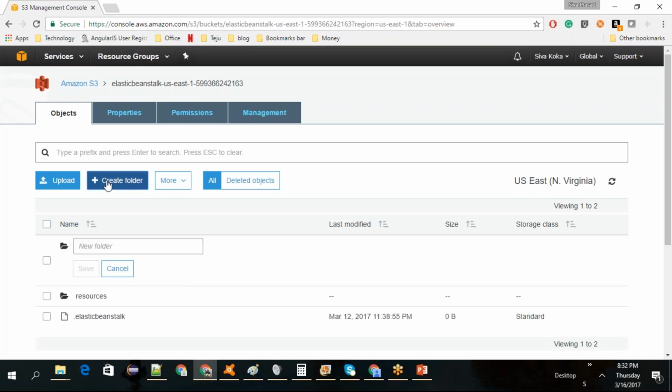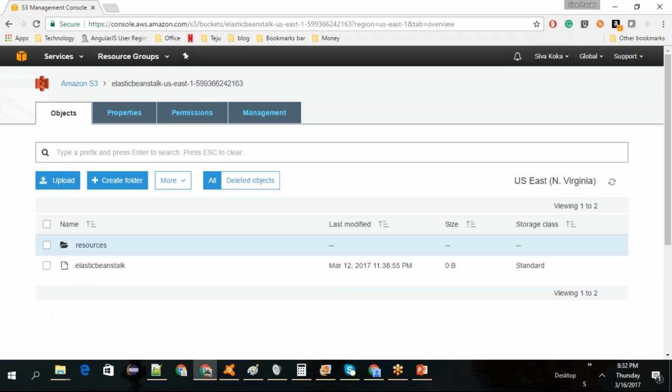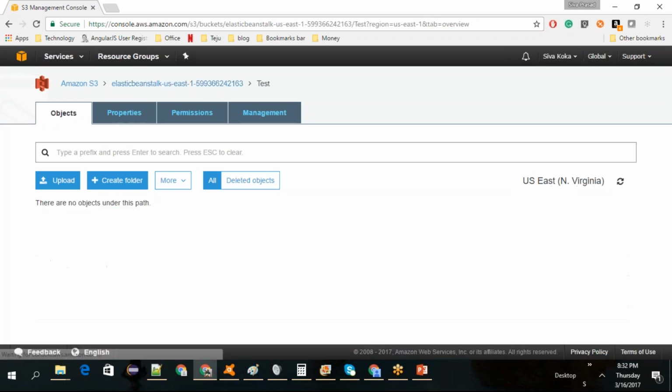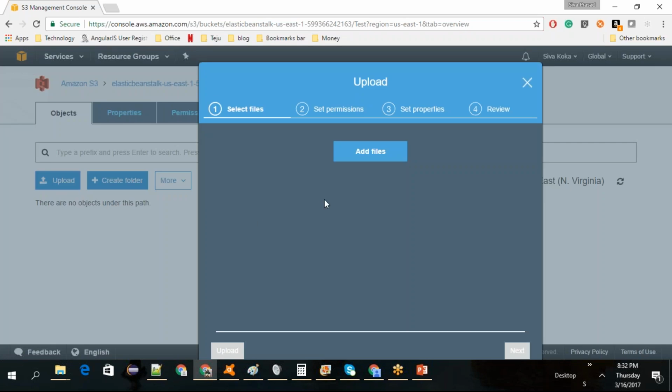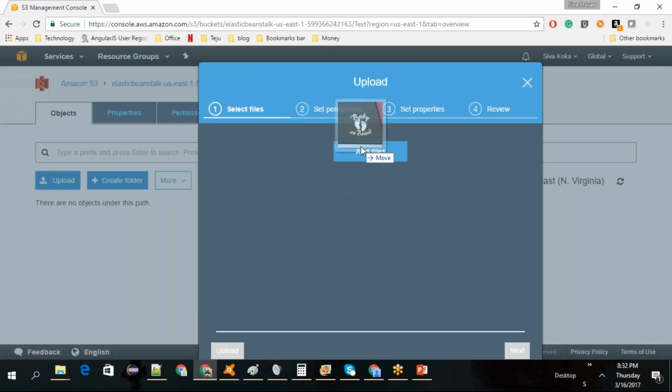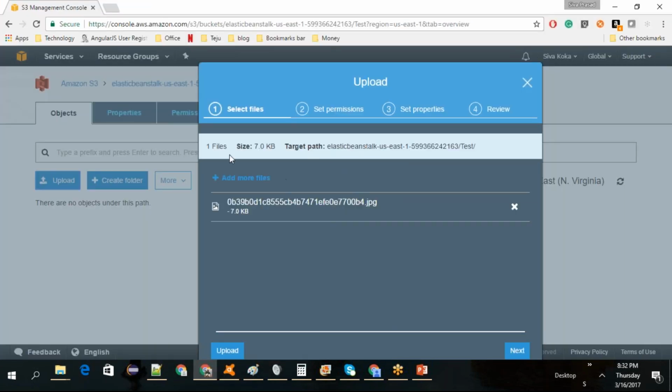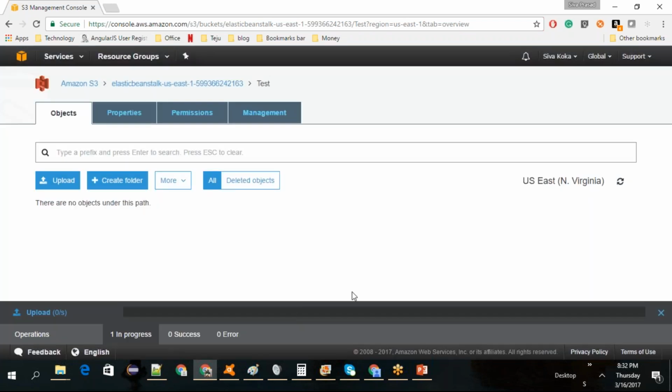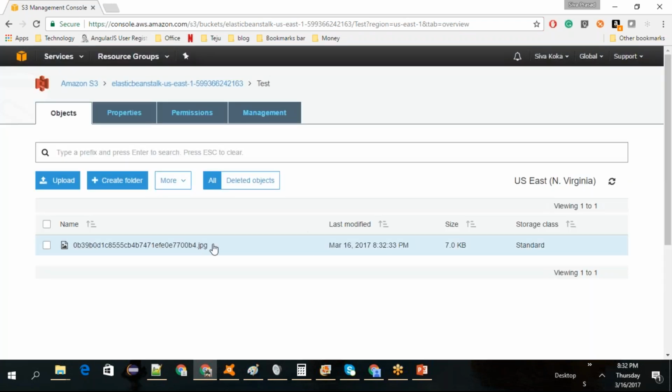I can create a folder here. Test, save. So here, upload. Okay. I'll select this folder. See, 7 KB. This is the file. I'm saying upload. This file is uploaded, right? So